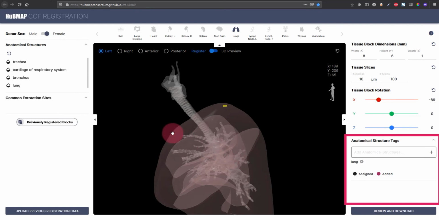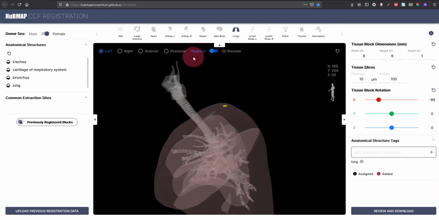So for example, if you think that only parts of the anatomical structures in the registration so far are correct, you can just type in one of the structures up here, click the little checkbox and then the plus, and then it appears here, and you can see that it is marked as added by the user. For now, let's leave it out though.